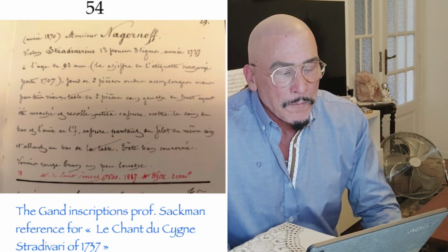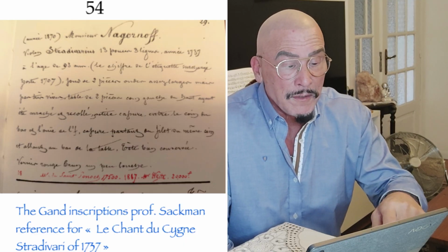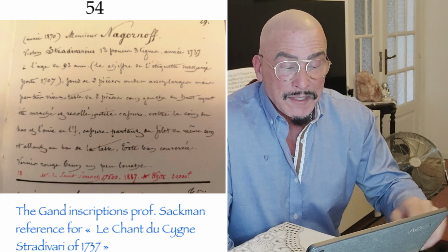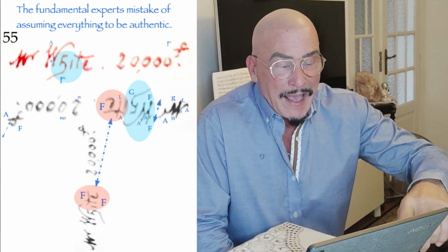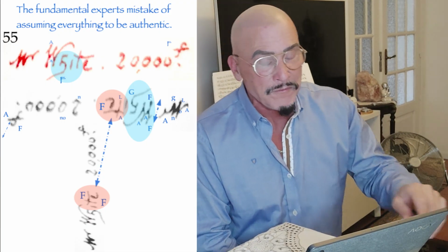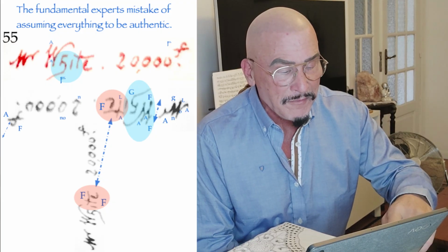Now, 54, that particular 1737 Stradivarius, you have the Gand Catalogue inscription, Monsieur Nagornov, and it's for the Chant du Cygne Stradivari of 1737. 55, look, Mr. Wright, 20,000 francs, and the digits reversed, you know. Everything is ciphered by Annibale Fagnola, so Annibale Fagnola is the true maker of the supposed last Stradivari violin. So read the ciphers at 55 again, study them carefully, and we go to another Gand Catalogue,